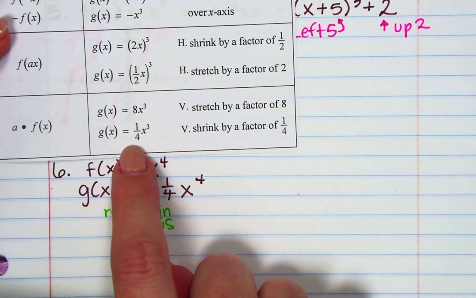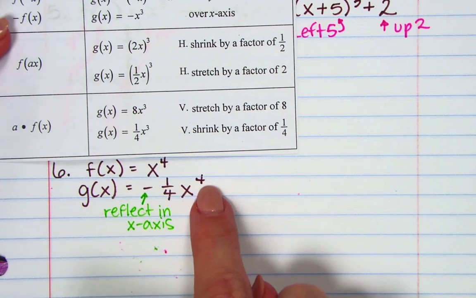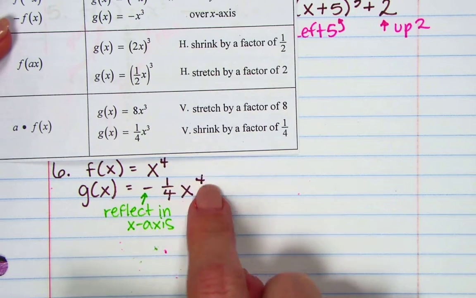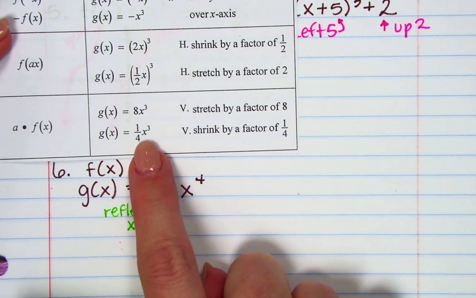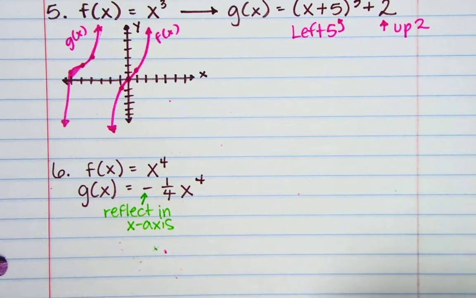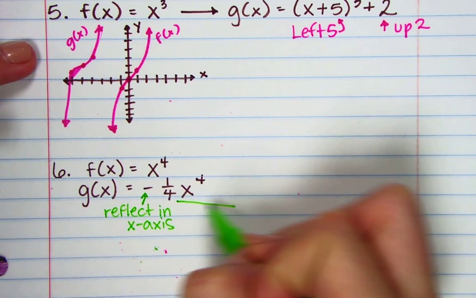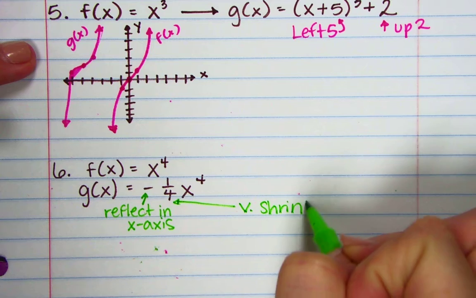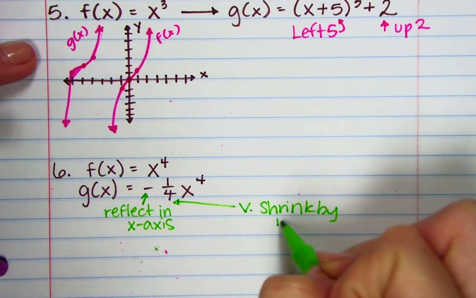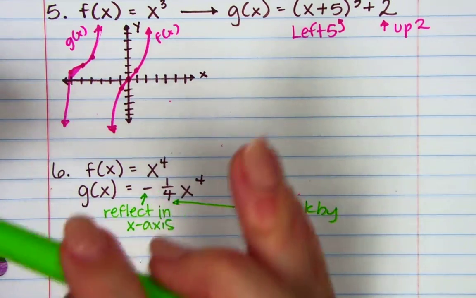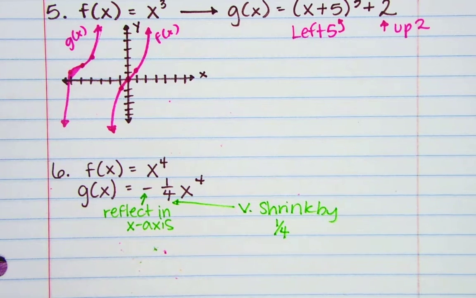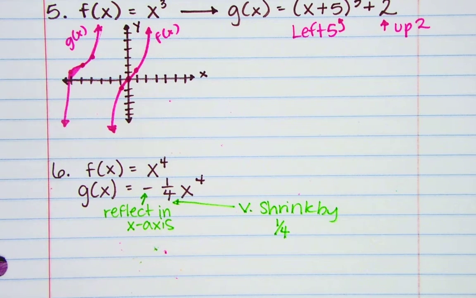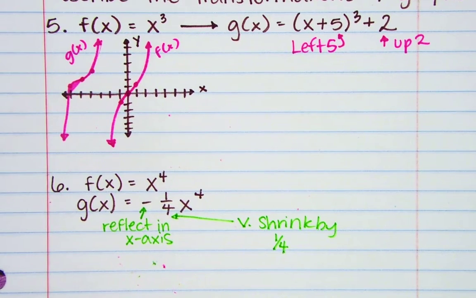It happens to also be 1/4. It doesn't matter what the exponent is. It just happens to both be 1/4. So 1/4, a vertical shrink by a factor of 1/4. The 1/4 does something, the negative makes it reflect. Also one thing I meant to say is with these